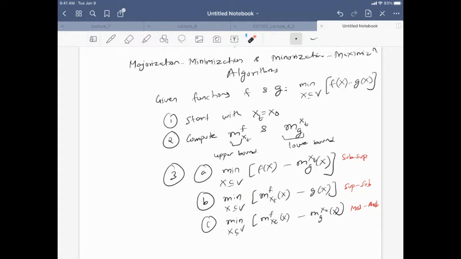I think there are some interesting open questions here. Yeah. For max, do we still use an upper bound of f? Yeah, so that's a great question actually. When you're doing max, what you want to do is use a lower bound of f and an upper bound of g. So it kind of flips a little bit, right? So here you use a lower bound of g and an upper bound of f. It becomes slightly different, but the intuitions are still the same, but you're right. You would need to make sure that it is still in the majorization-minimization, or minorization-maximization approach.